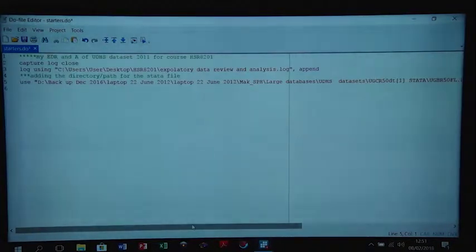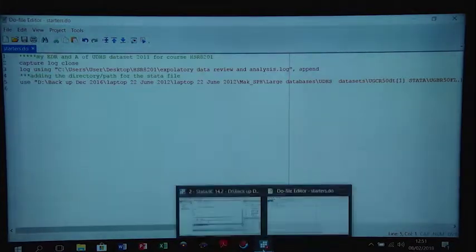and so we now have our do file set. We have the capture log close, we have the log using, and we have the use, which is the file we are using. And again, you see this save thing, the blue thing is now highlighted, so we can actually save. And now go back to